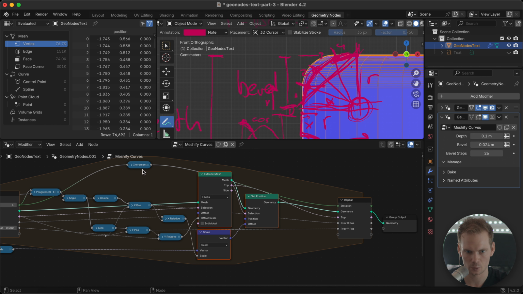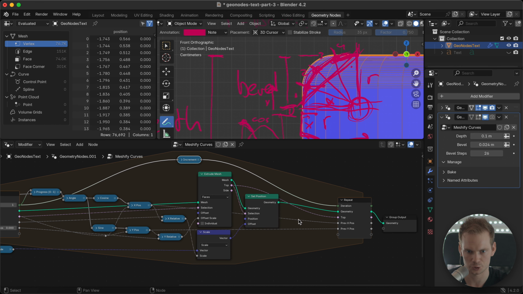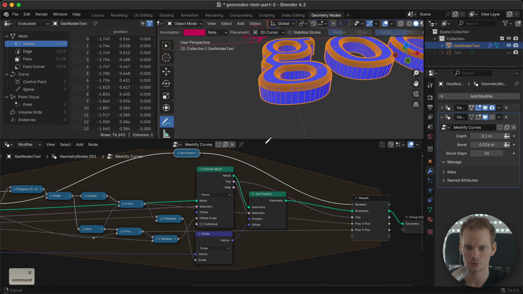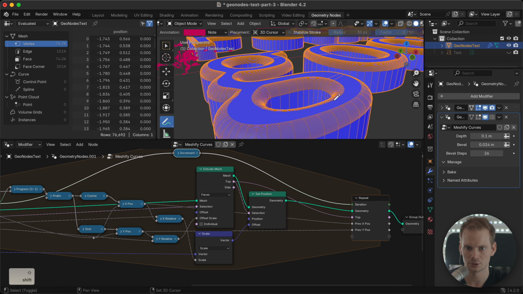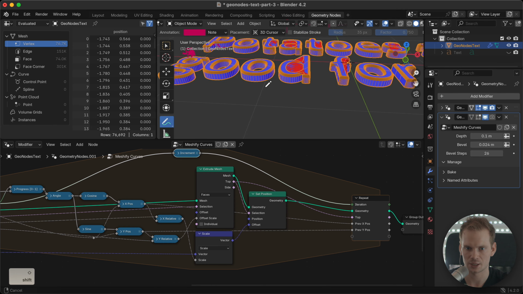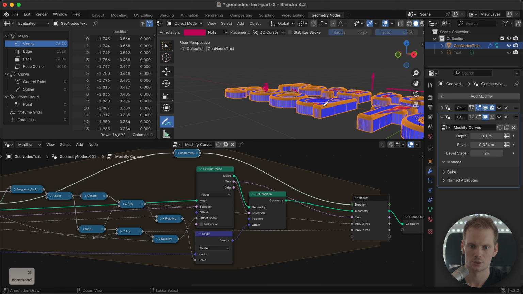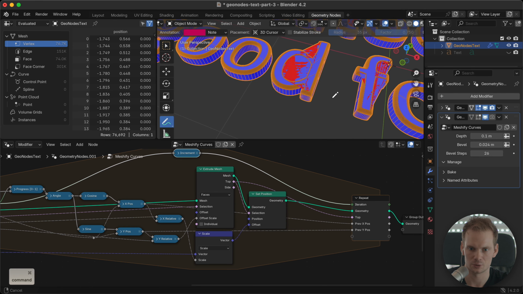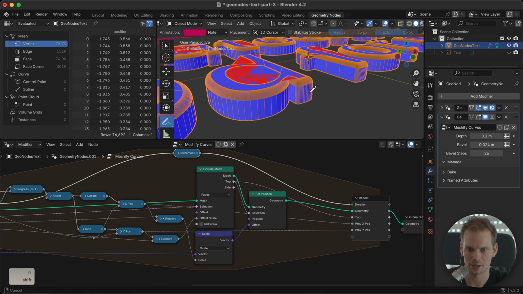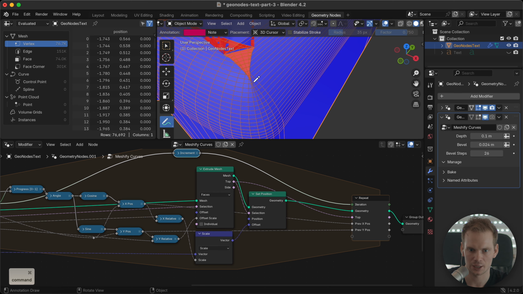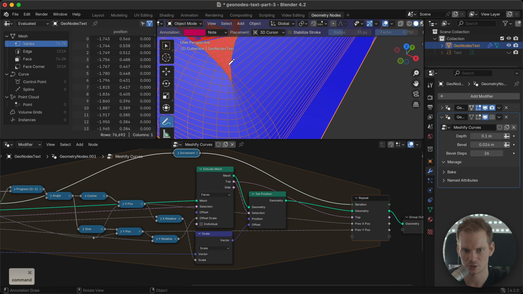And from here, I want to add one more trick that is really nice to fix some issues. So we have this beautiful bevel, but we still have some issues over here because the bevel is just too much. So let's see if we can do something about that. So what I thought about was, when you're in these corners, you're moving and you're collapsing. Like this stuff is collapsing into itself because we just go too far.